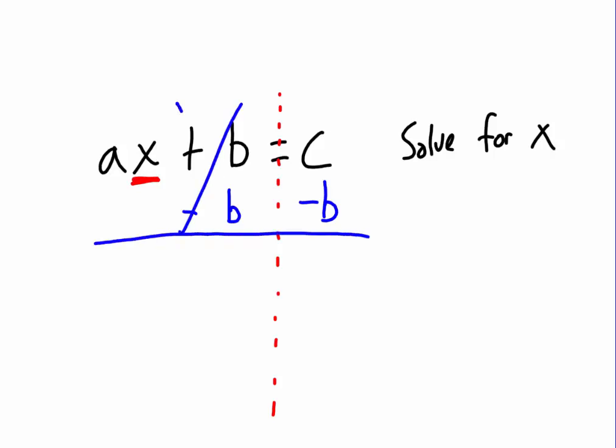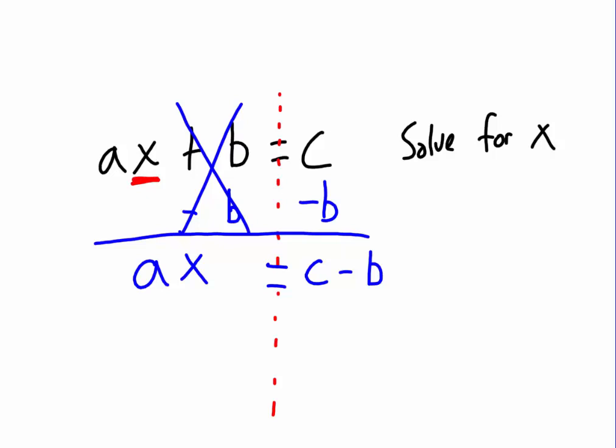So these two go to 0, and we still have x equals, and then you can't do anything on the right-hand side with this. So it's just c minus b. We can't simplify that, it's just C minus B. And actually, if you think about it, that almost makes this easier because we don't have to actually do the